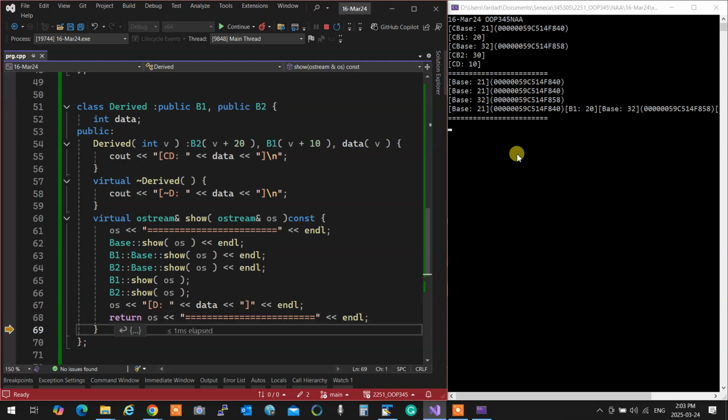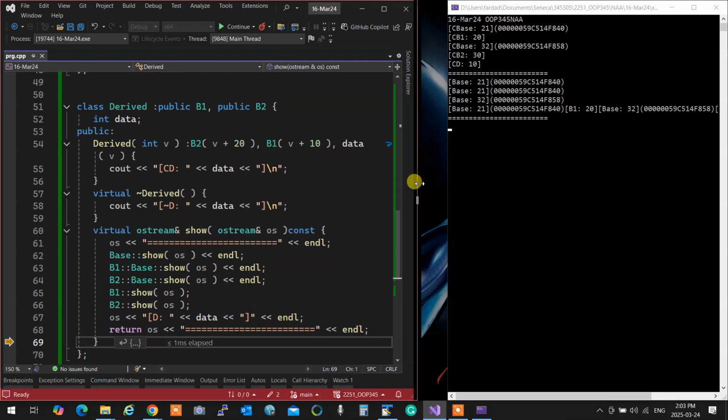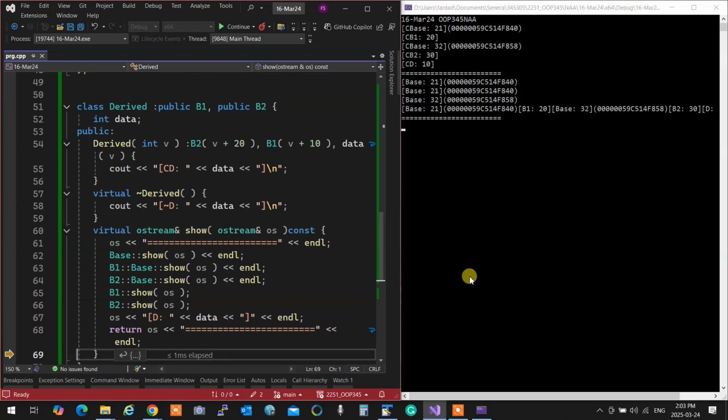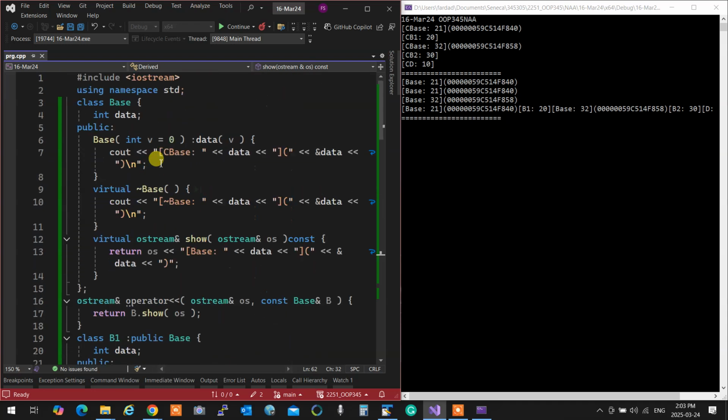Got it? So the base show at this moment is showing the base from the B1 side.